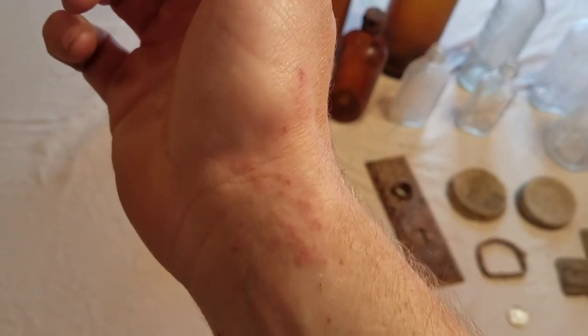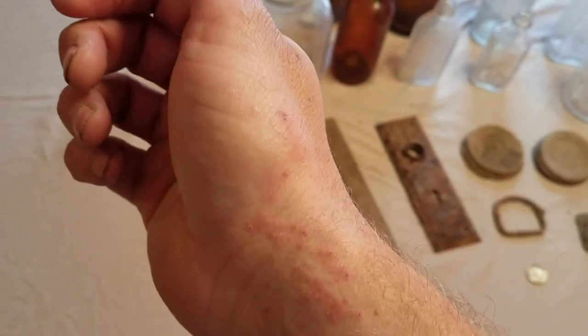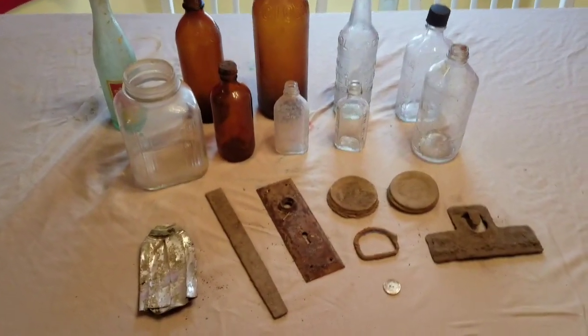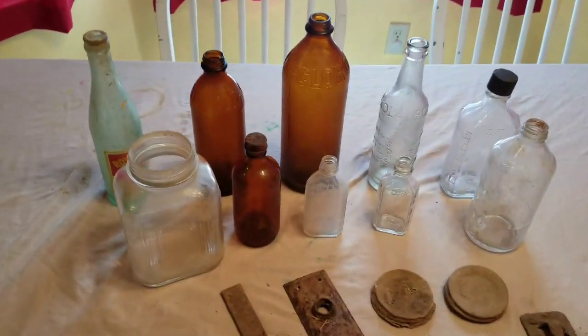And honestly, I walked away with, I don't know if you can see it, but I'm trying to get all this poison ivy off of me. It's been several days since I was actually at that house site, but see, I'm just now trying to get over poison ivy that I got from that area. But, I mean, it's all good. It's not the first time, probably not the last time,